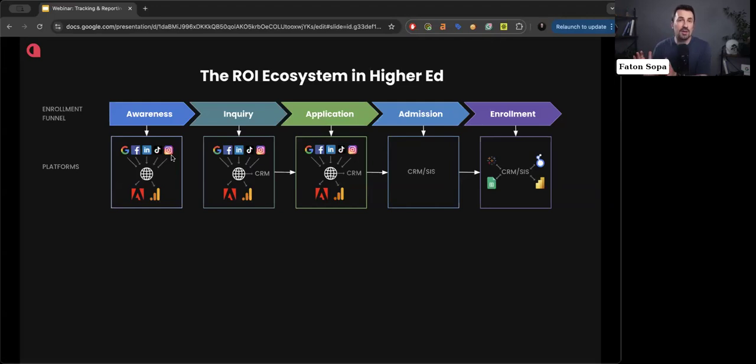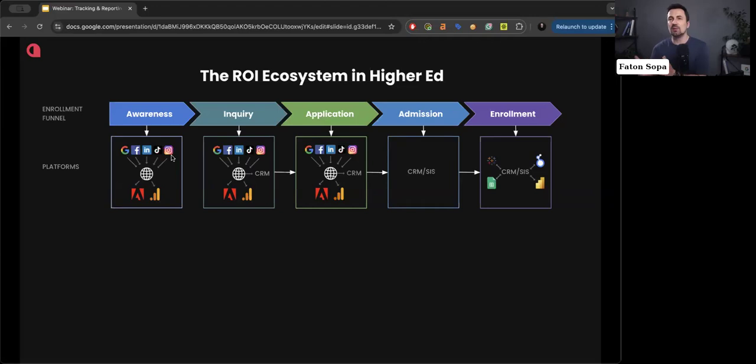Things are much simpler during the awareness stage. However, as we move down the enrollment funnel, it starts to become more complicated, especially when we get to the inquiry and application stage. Why? Because this is where the CRM comes into play. When that traffic fills out a request for information form, an RFI, the data submitted there has to go into your CRM.